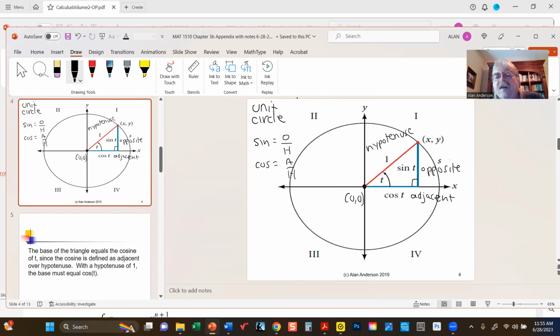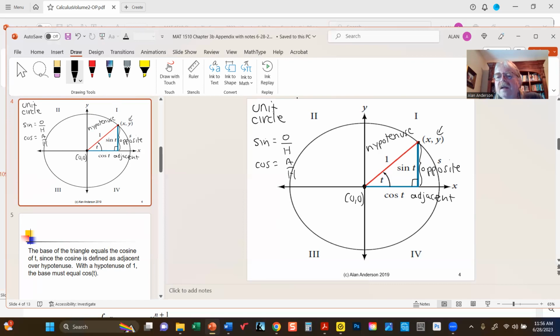So from the perspective of angle T, the sine, the opposite over the hypotenuse, is the ratio of this line segment to the hypotenuse. So the height of this blue line,